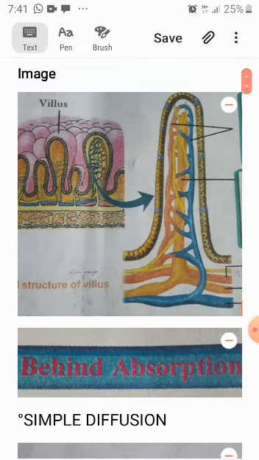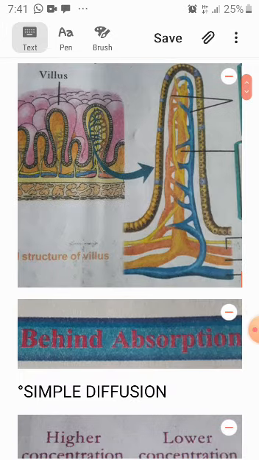The main structure is the villus, and we studied its parts. Some simple nutrients are directly absorbed into the blood. Some are absorbed into the lymph through the lacteals. You have understood that simple nutrients are absorbed into the blood and lymph through the walls of the blood capillaries and the lacteals. The cells in these walls also play a role in this process.